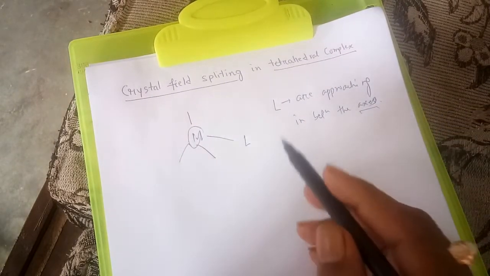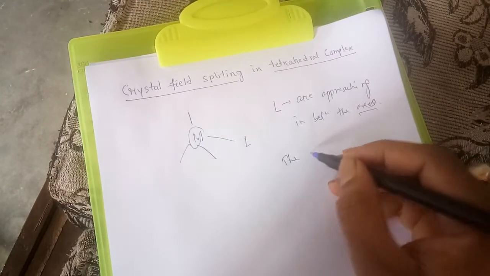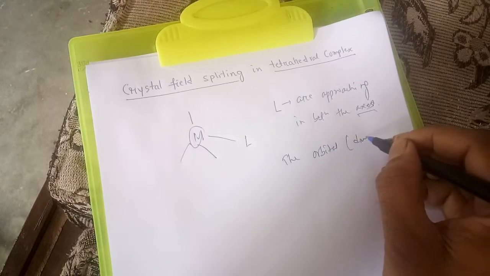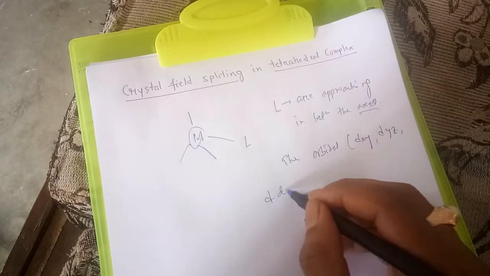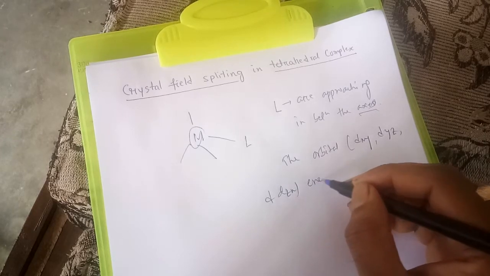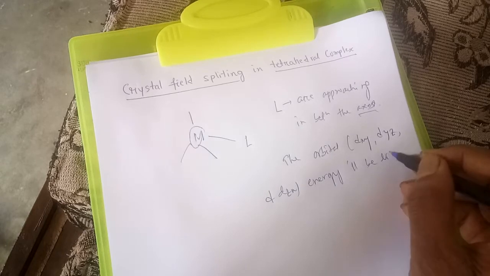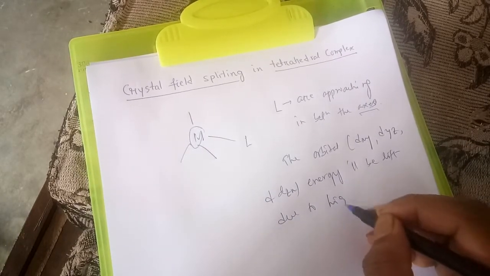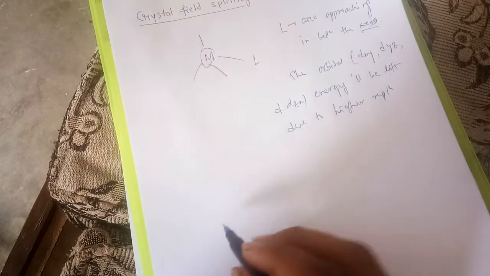Now, when ligands are approaching in between the axis, the orbitals present in between the axis, that is dxy, dyz, and dzx, their energy will be lifted due to higher repulsion. Now, if I take the octahedral splitting,